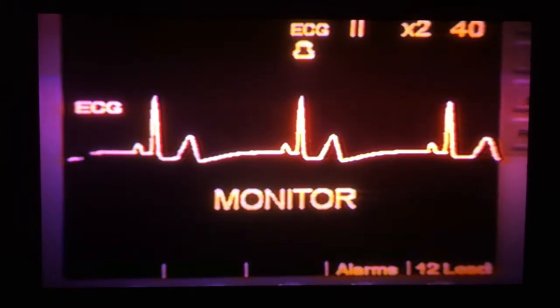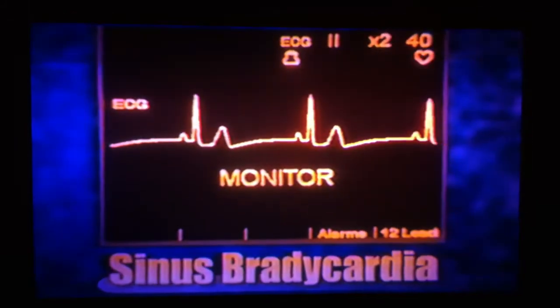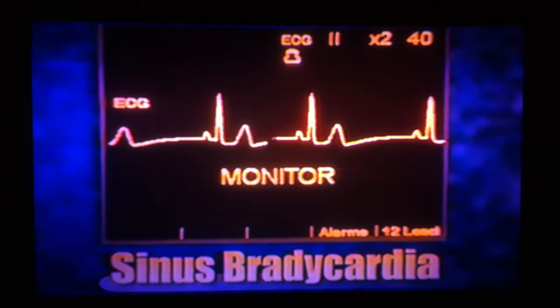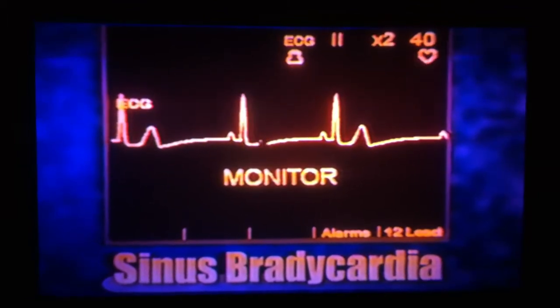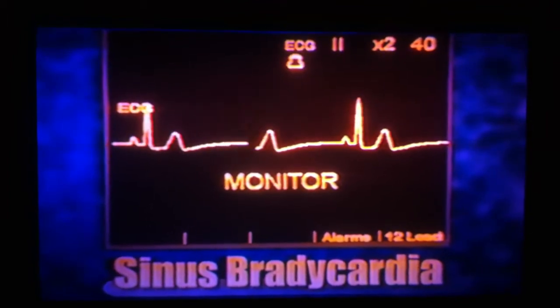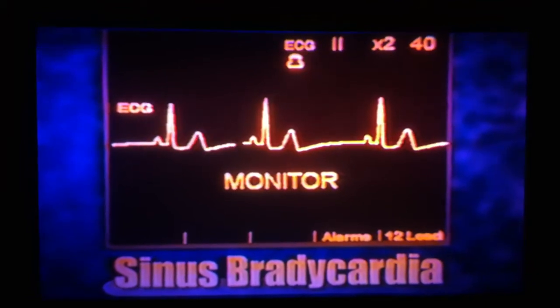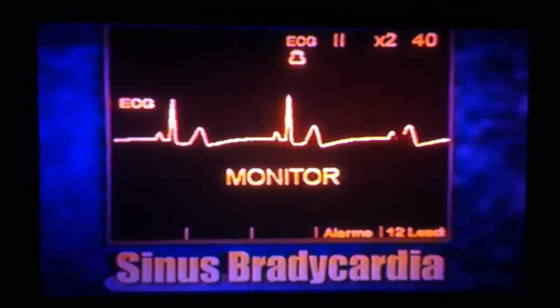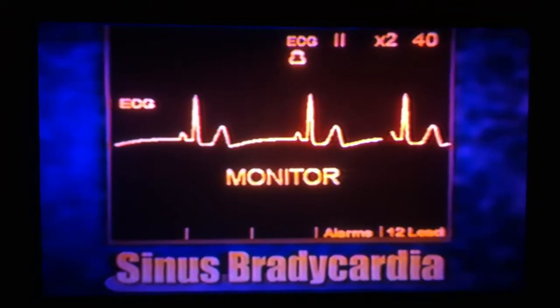Any heart rate below 60 per minute is labeled a bradycardia. Sinus bradycardia in a healthy person may be considered normal and is often the result of exercise and good health. But for a person with a heart compromised by disease, a slow ventricular rate may not provide an adequate supply of blood. Bradycardia in the presence of disease may be associated with low blood pressure, an altered level of consciousness,